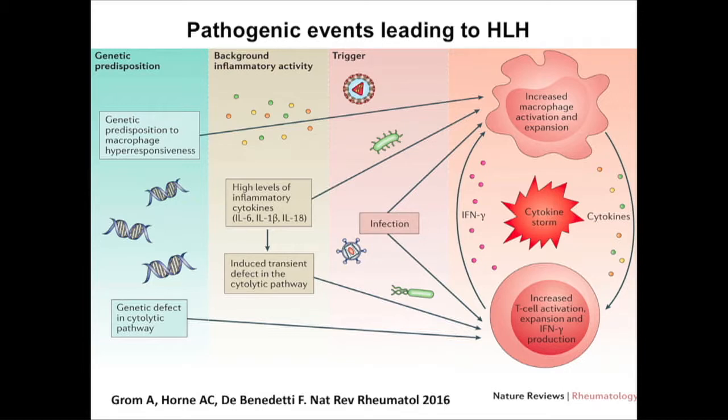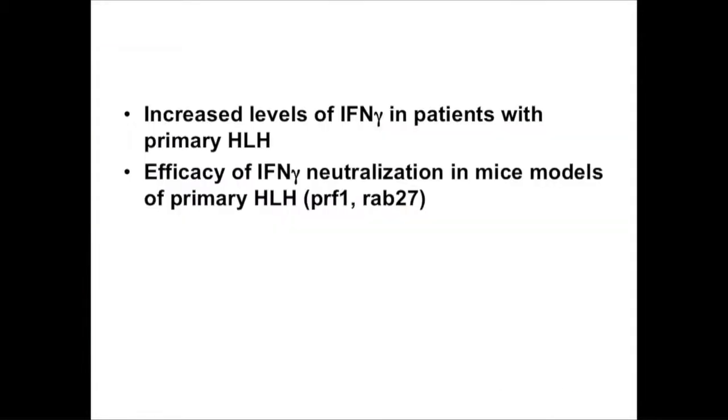So this is a simplified way of what Randy was telling you, and I'm a simple man, and I like to stick, for now, to using the term MAS to identify the secondary HLH, secondary to rheumatic diseases. I think using the word MAS in general is going to be a little bit misleading, also because people are going to use the MAS classification or diagnostic guideline to diagnose secondary HLH, and that may not be proper. So we know that gamma is a target because it has been known for, I think, a decade now